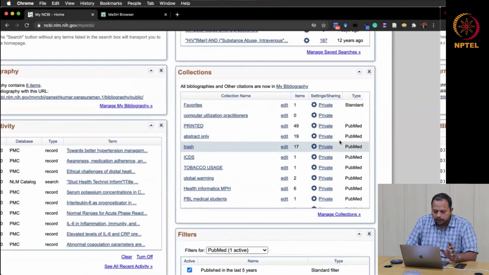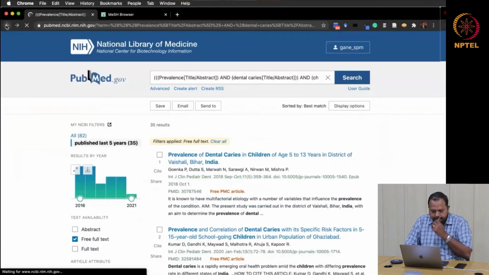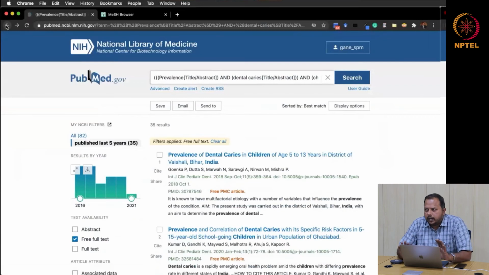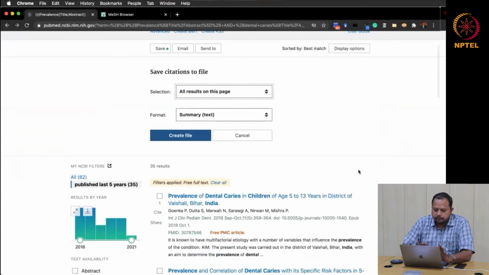Now I'll tell you how I have to store my search in my collections. Let me come back. Number one, I just want to save this current search, whatever I did. Just click this save button. So all the results of this page will be saved as a separate file. If you want to send all this search as an email, just click email.